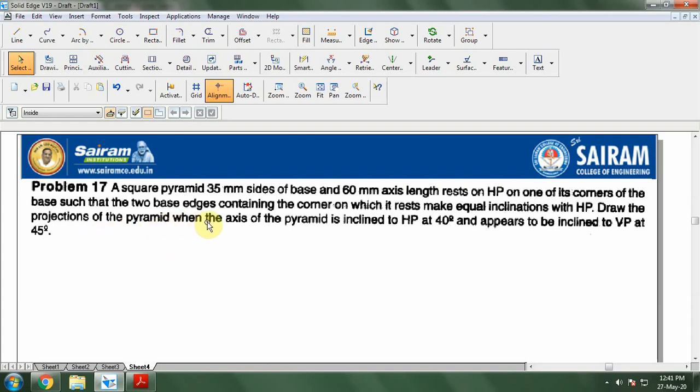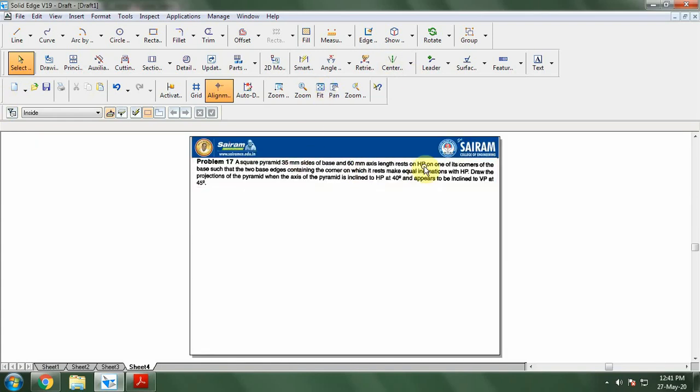Draw the projection of the pyramid when the axis of the pyramid is inclined to HP at 40 degrees and appears to be inclined to VP at 45 degrees. So the initial position, it is resting on HP, so I want to start from the top view, and it is resting on one of its corners, so the corner should be on the right hand side. The second position, the axis is inclined to HP at 40 degrees, and third position, the axis appears to be inclined to VP at 45 degrees. Since it is given as appears to be inclined, they directly gave the apparent inclination, so no need to calculate the beta angle. So let us take the XY line,